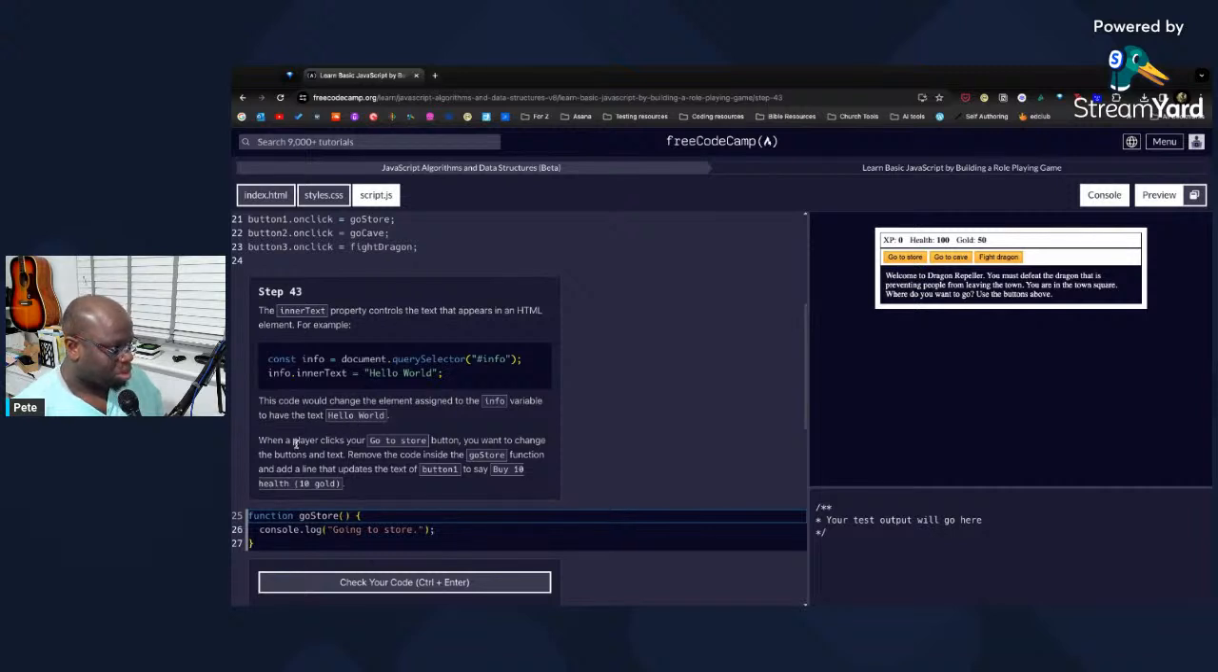Cool. When a player clicks your go to store button, you want to change the button's text. Remove the code inside the goStore function and add a line that updates the text of button 1 to say Buy 10 health. Go. Cool. So we know that this works because when we want to log to the console, we can. But now what we're saying is when someone clicks button 1 and goes to store,